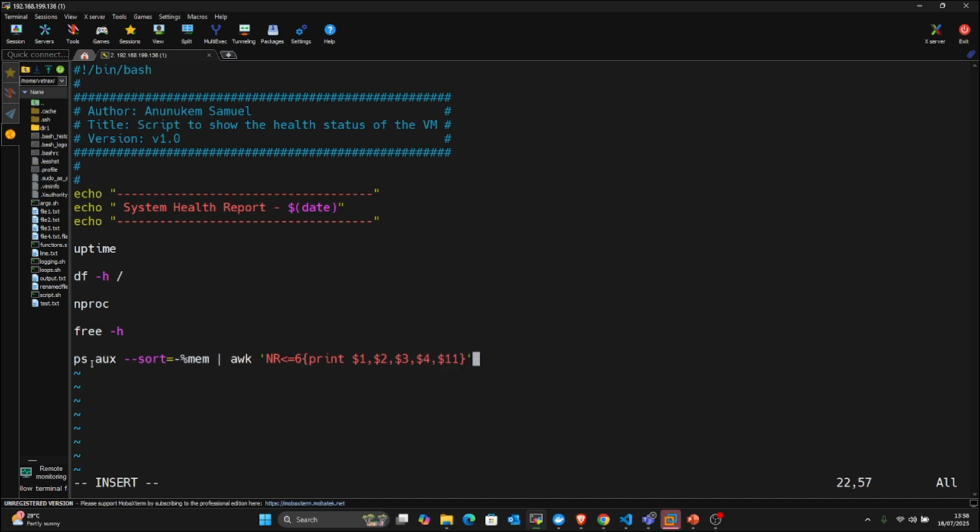So after this, what else are we going to check for? We're going to check for network information. That's where the IP route comes from. So let's say I want to print hostname. Hostname shows the host that you are currently logged in to. So then I will now do ip route,